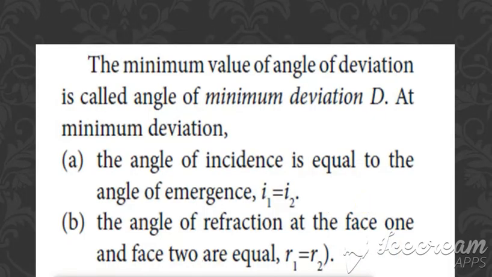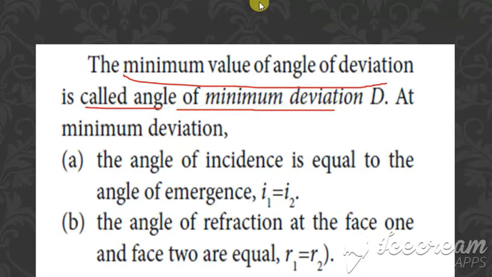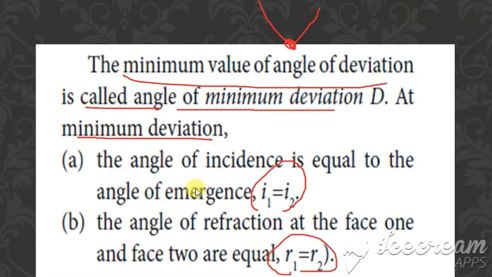The minimum value of angle of deviation is called the angle of minimum deviation. And at the angle of minimum deviation, what are the conditions? The angle of incidence